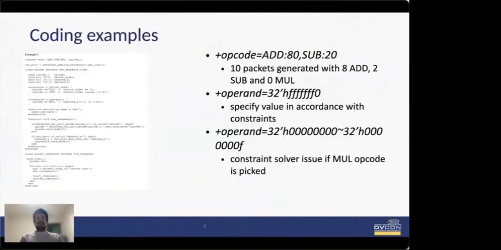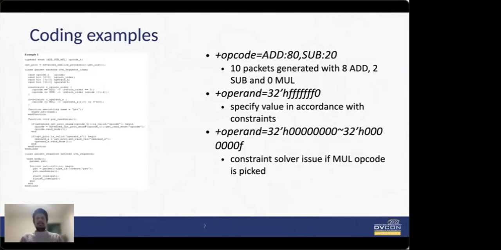Now let us look at some coding examples. The first coding example is about ISA stuff, as I mentioned earlier, like used in a CPU. There's a small enum for an opcode which I created: add, sub, and mul. And then I've written some constraints over that. Like, if the opcode is add, return order should be 3, and if it is sub, then return order